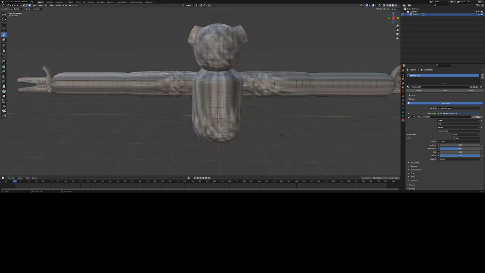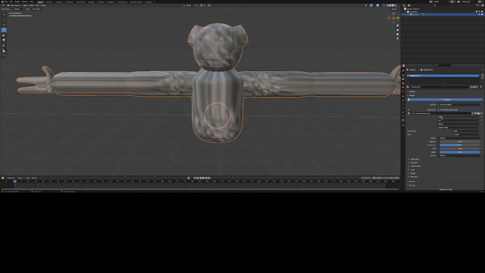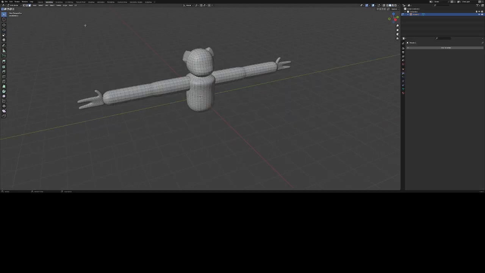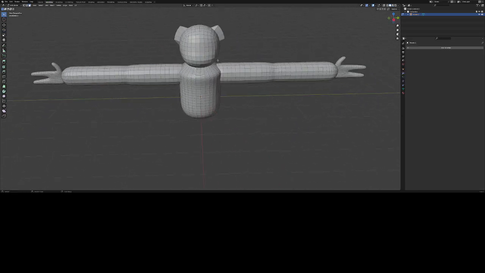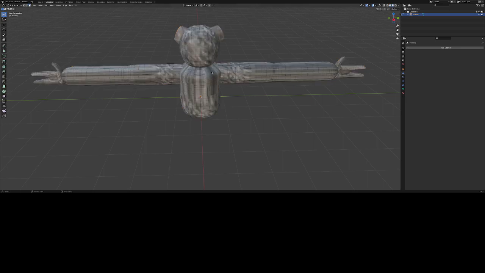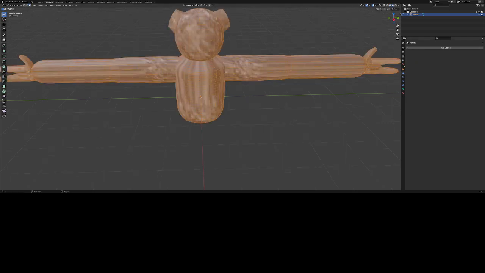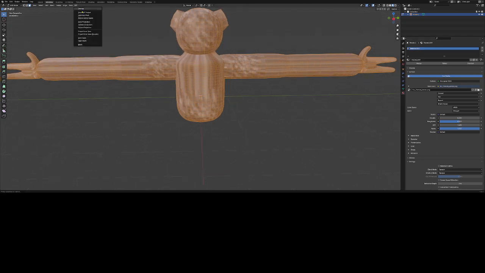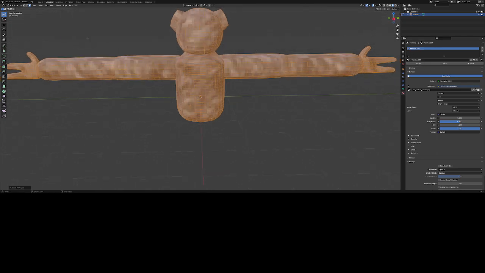So everything, this fur looks really bad. You want to go to linear closest, and it still looks really bad. So you want to select here, go to modeling, and now press tab, press here, and then press tab again, and you go to here. Now you're in modeling, you want to press UV, smart UV unwrap, okay, and you want to go to UV